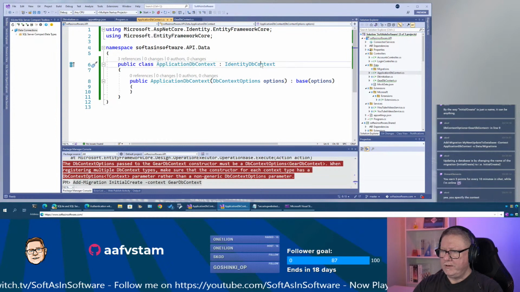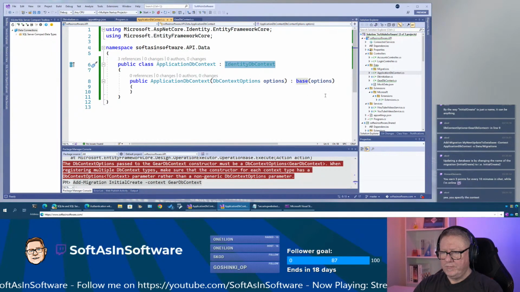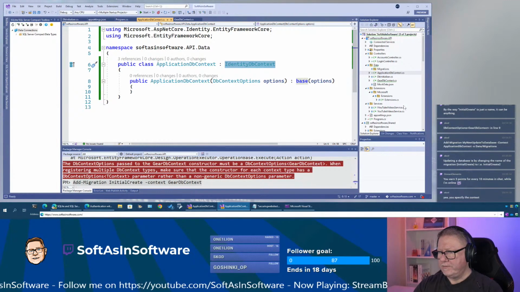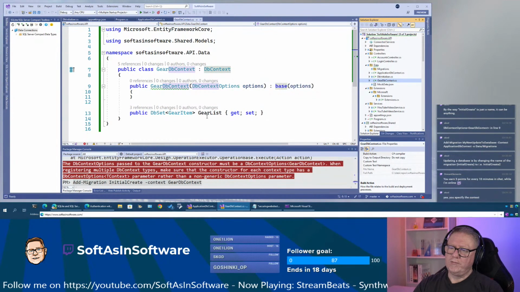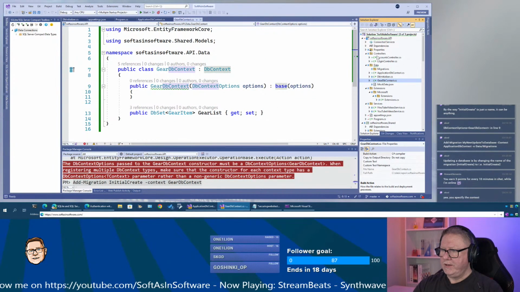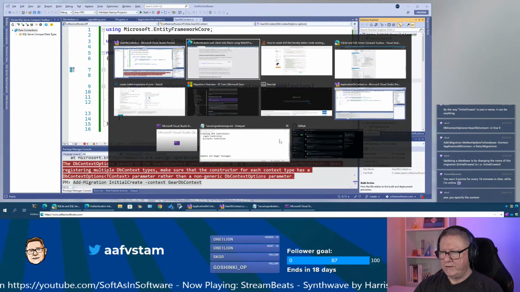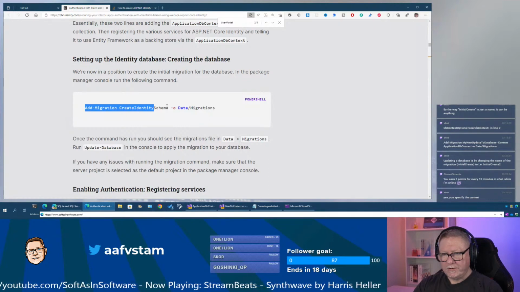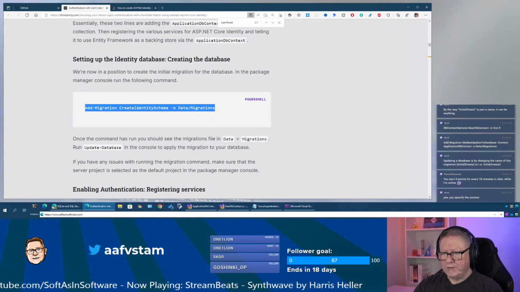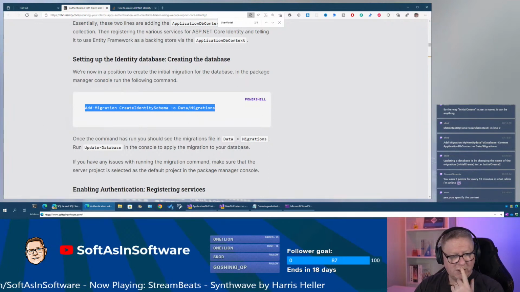One is the identity context with the schema for that. The other one is the gear DB context, basically the list of gear items. And now I have nothing. So if we start here, like this, create identity schema, this will just output it into data migrations, but it will complain on